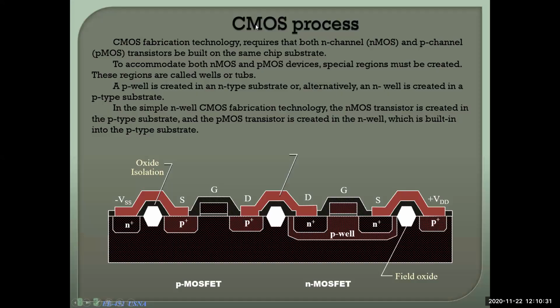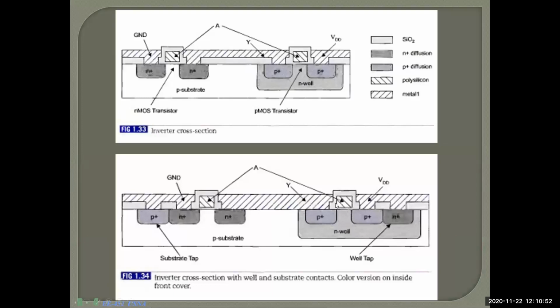Okay, so what is this actually? Here, this is the CMOS. This is one CMOS. On this side is your NMOS, and this side is your PMOS. They are built on one single body. That's why they are called complementary MOSFET, complementary metal oxide semiconductor. The process by which it is made is called lithography.